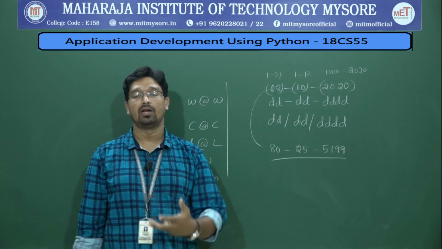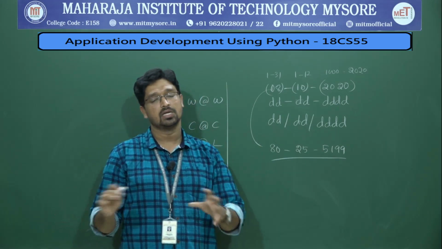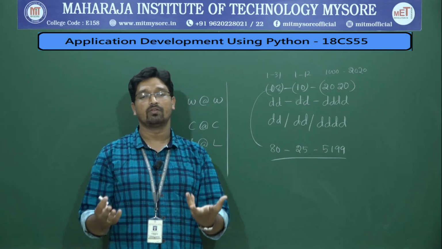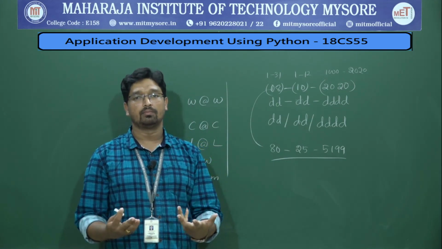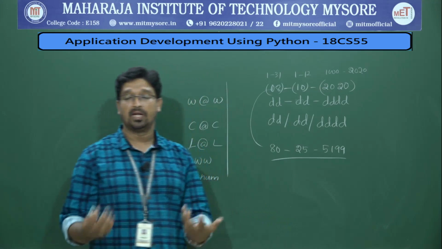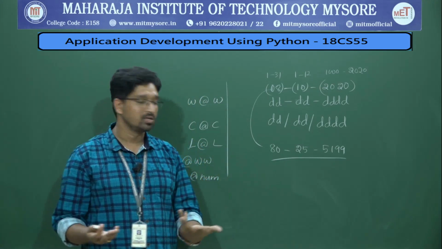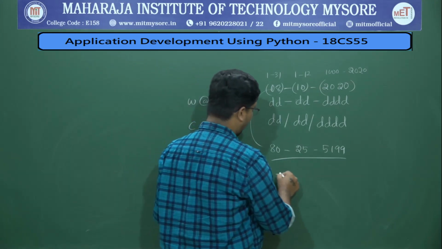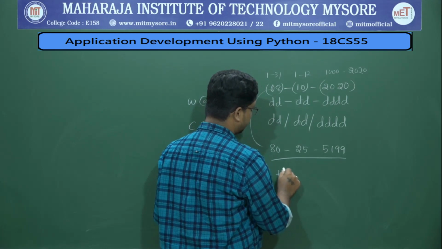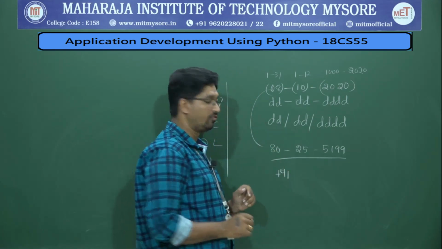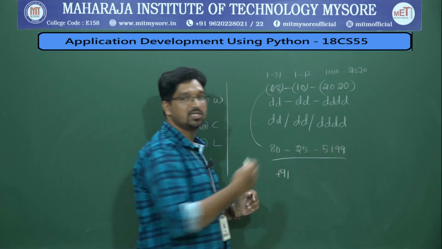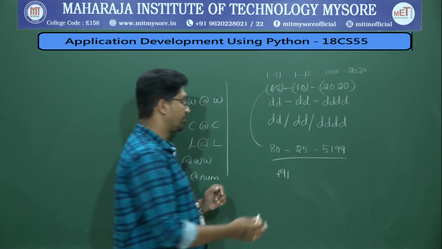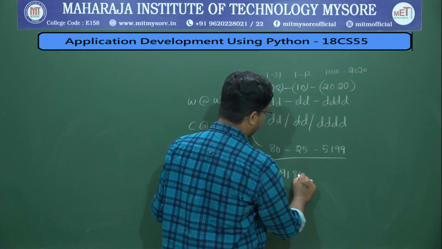Let us say Indian mobile numbers. I am not considering landline numbers, just mobile numbers. How do you identify Indian mobile numbers? You cannot have simply a mobile number. You should have country code also. For that, let us say you have +91 followed by some 10 digits of numbers.